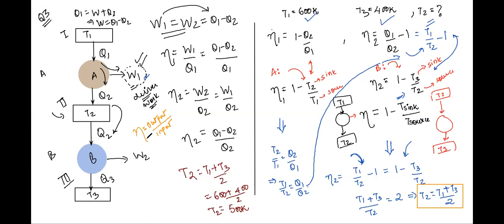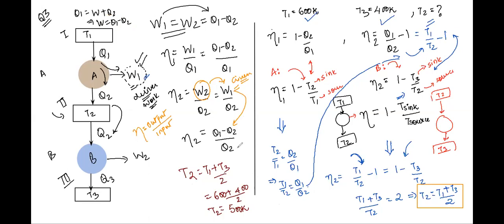And we are given in the question that W1 equals W2. In the formula for efficiency for the second engine, instead of W2, we substituted W1, as it was given in the question. And W1 is always equal to Q1 minus Q2. So all we did was substitute that value over here, Q1 minus Q2.